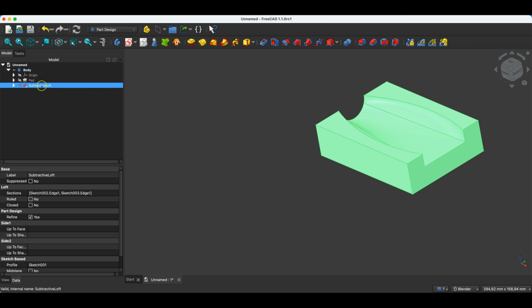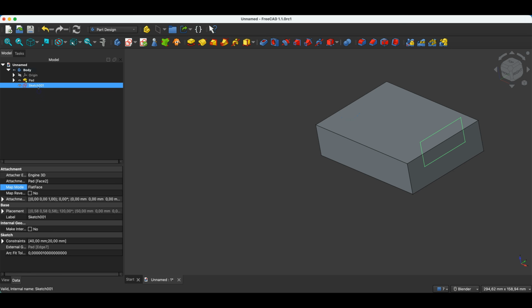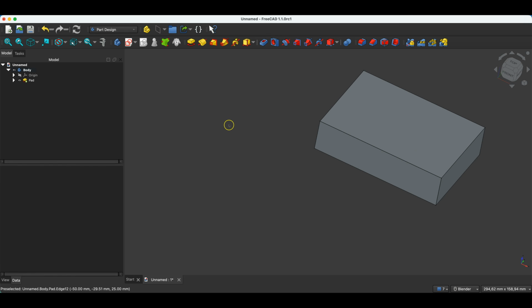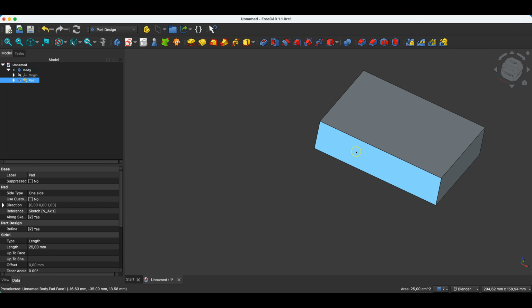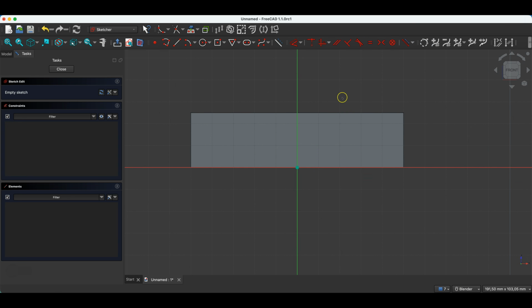I select this operation and delete it. I will also delete the sketches, and we will use this box to prepare the subtractive pipe operation. And here I create a sketch on this face. I select this face, choose Create Sketch, and here I will start by creating reference geometry based on this edge